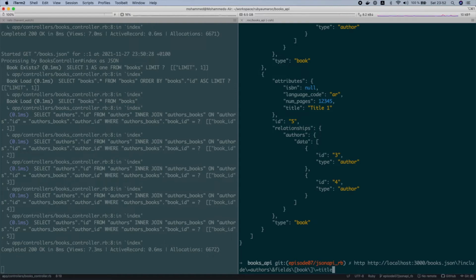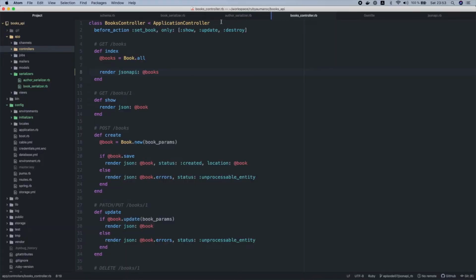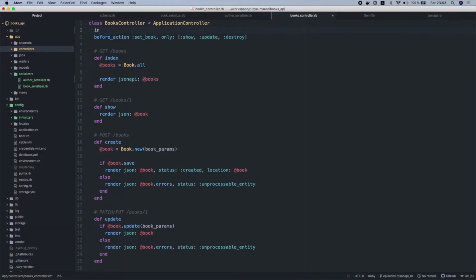Let's fetch only the title and language code, and num pages as well. But to make it work, we have to include the JSON API fetching in our controller. So we just have to come here and include JSON API fetching,